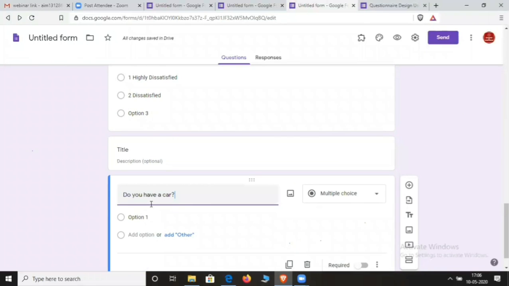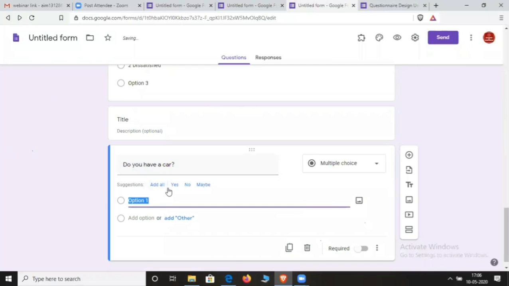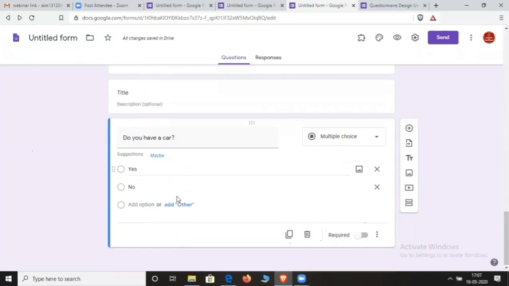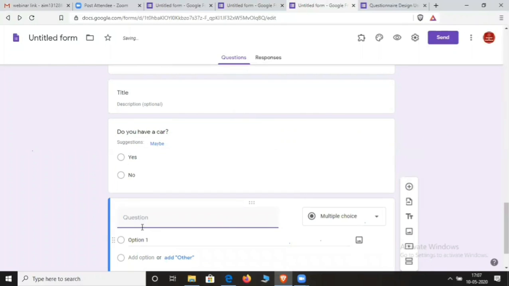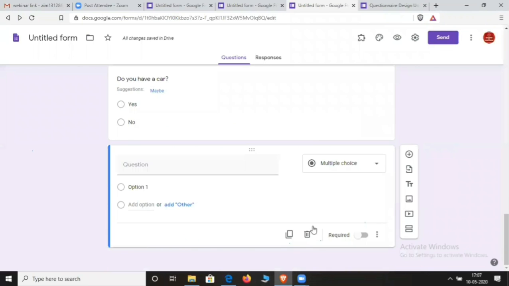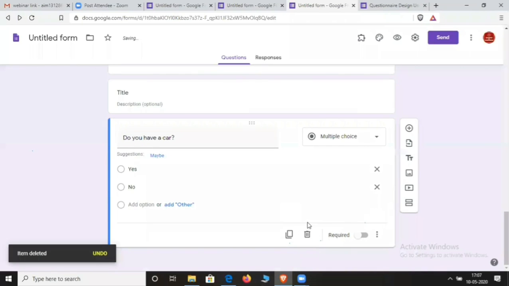This is your question. Now your answer will come in yes or no. This is called a dichotomous question. So now again after this, if you want to add another case, if yes, then which type of car do you have? So here we can use the add section option to use a conditional question. Now I will show you how we can use this conditional question.